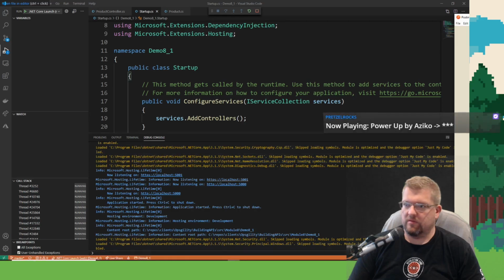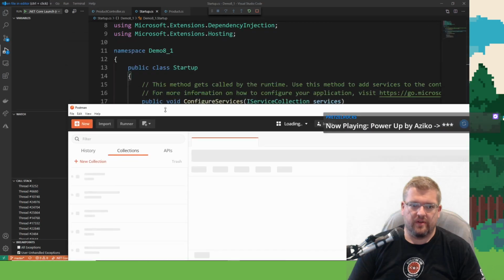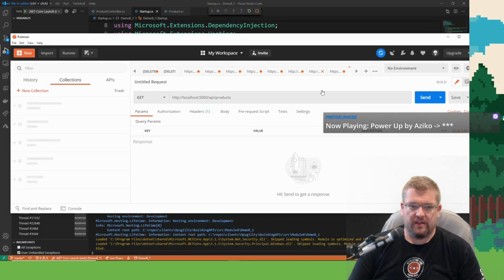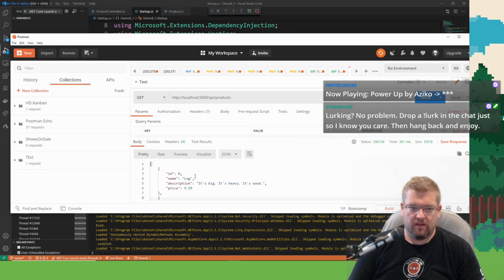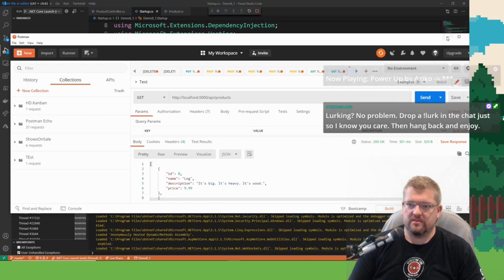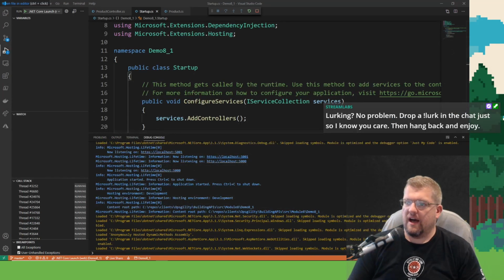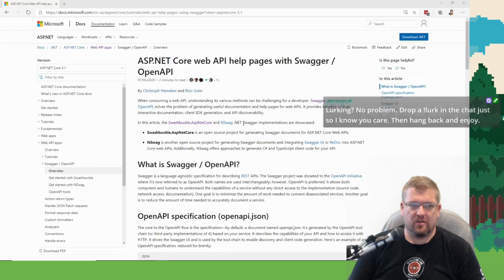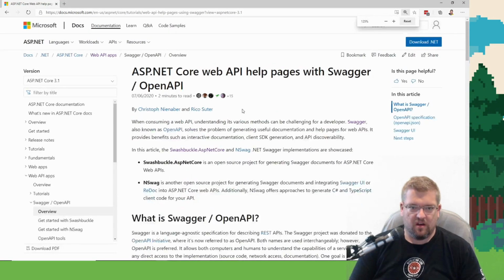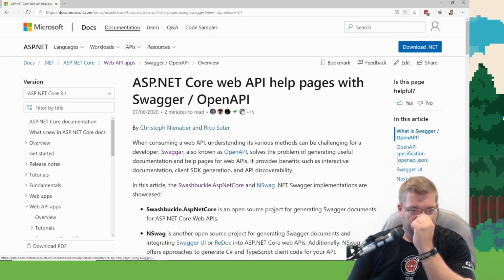There we go. So I was playing around with this some yesterday. Yep. All right. So the API works. That's all good. So I was following this ASP.NET Core Docs article on Swagger.